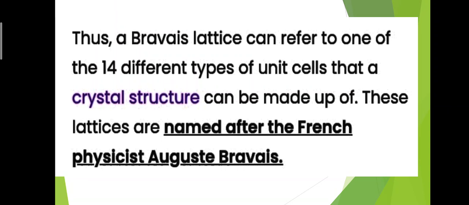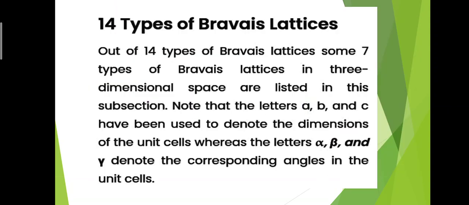Thus, a Bravais lattice can refer to one of the 14 different types of unit cells that a crystal structure can be made up of. These lattices are named after the French physicist Auguste Bravais. 14 types of Bravais lattices. Out of 14 types of Bravais lattices, some 7 types of Bravais lattices in 3-dimensional space are listed in this